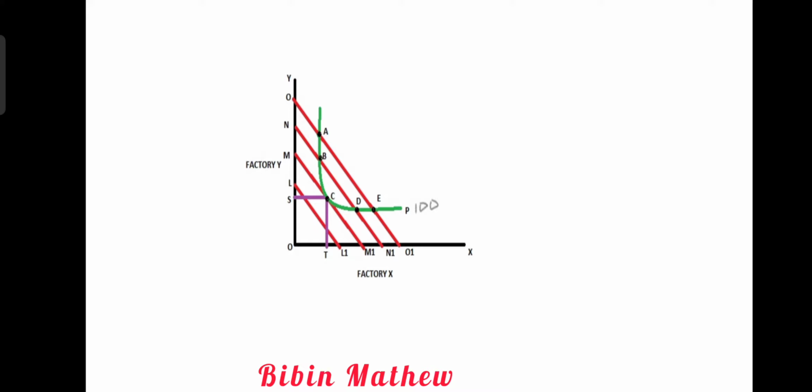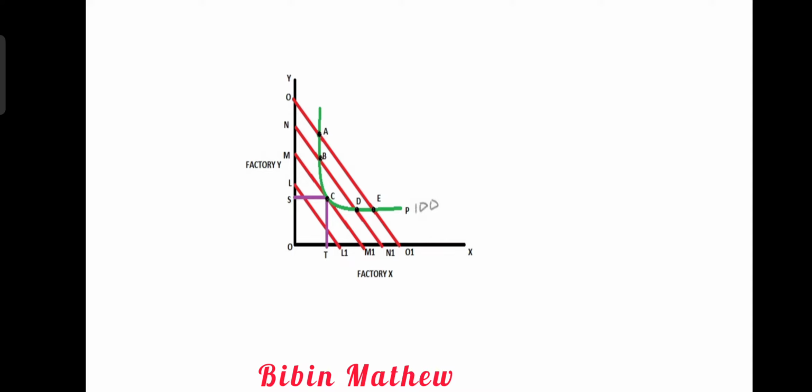However, the cost of producing 100 units at all these combinations is different. So which combination of factors of production will the producer choose? Will he choose the combination A, or should he go with B, or is C better for him? Or maybe he should go with D or E. How does he choose? This is a very big question, but it is a very simple thing.